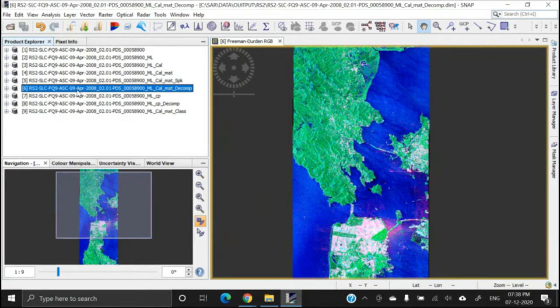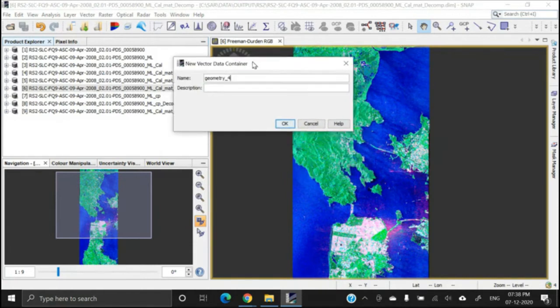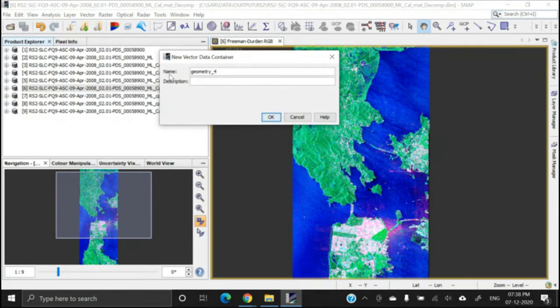Just click on it, it will be highlighted with the blue color, and then go to vector and new vector data container. If you click on new vector data container, then it will ask for a name. So say for example, we are collecting the signature or training for the water class. So write it like this, water. And okay.